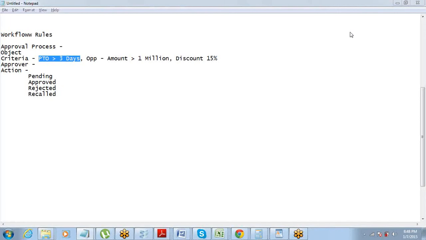So only difference between a workflow rule and approval is, for approval process you need to define an approver and you need to define actions at different stages. The rest everything is similar to workflow. So in workflow we had a criteria, here also we have a criteria. Workflow you have to select an object, here also you need to select an object. There was an action, here you have action for all these different stages, and you have to select an approver. That's it. Okay, otherwise it's pretty similar to the workflow rule.